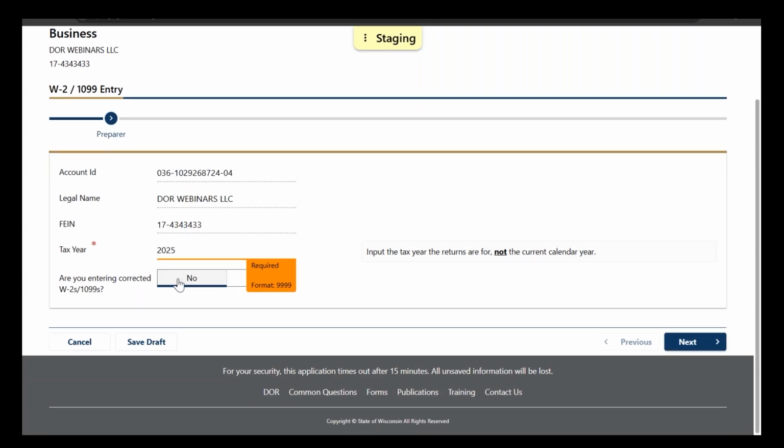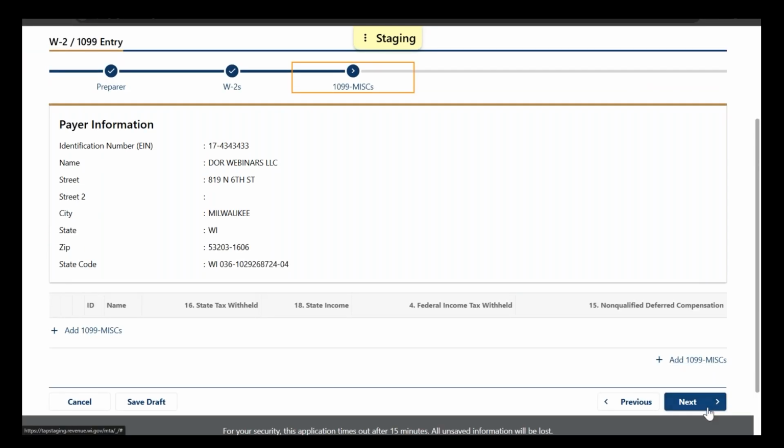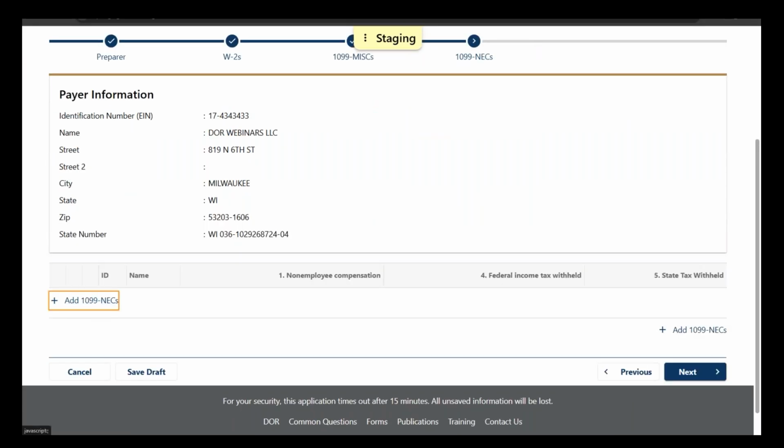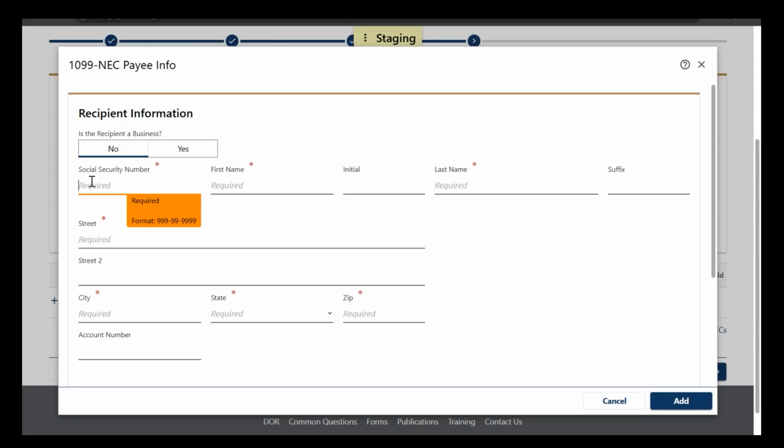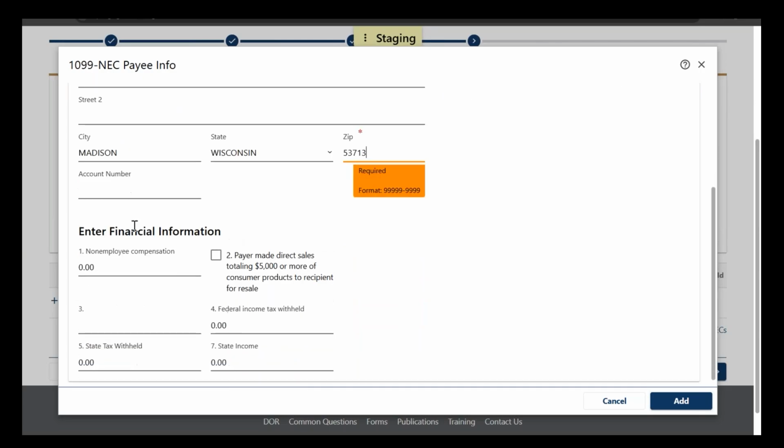So we'll want to key in the year. We are not entering in a corrected W-2, so you'll hit Next. Now we'll scroll through until we find the correct link to add a 1099 NEC. Just like the W-2, we'll start by keying in the recipient's information, the Social Security number, name, and address. All right, so we have the information of the employee, and then we'll key in all of the financial information